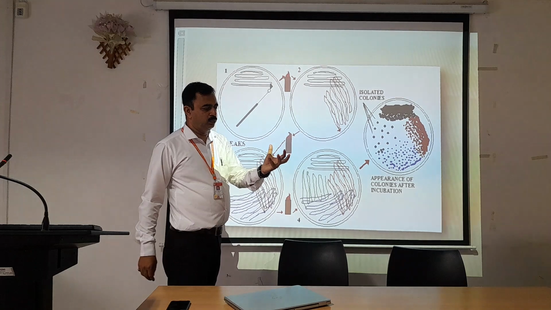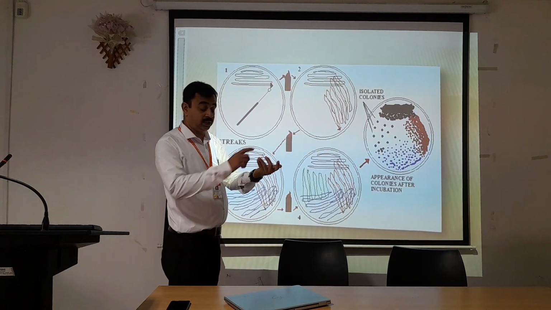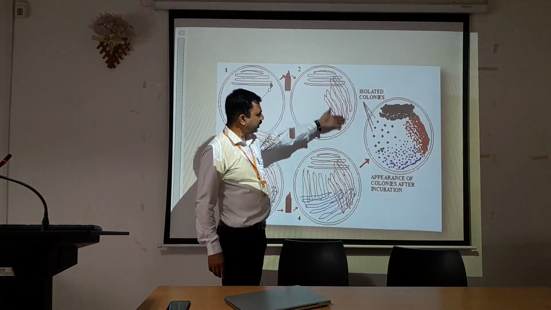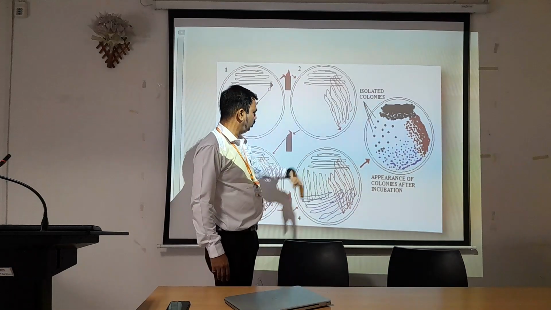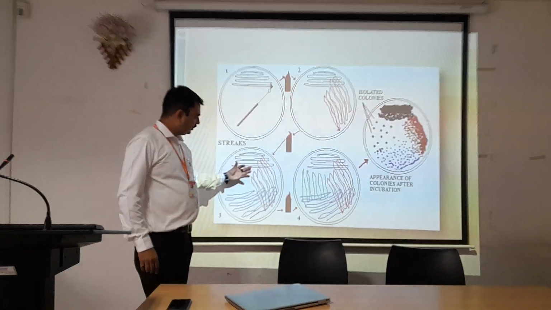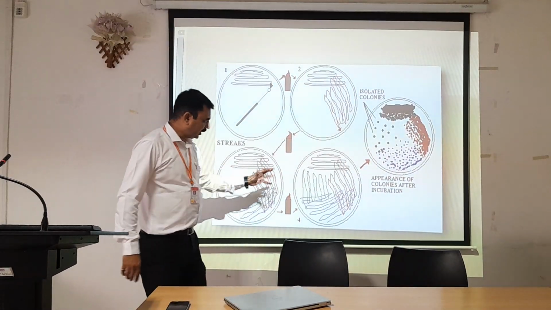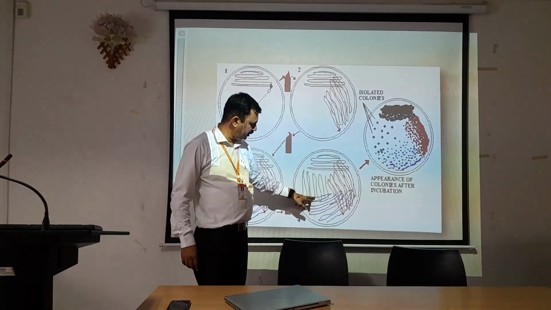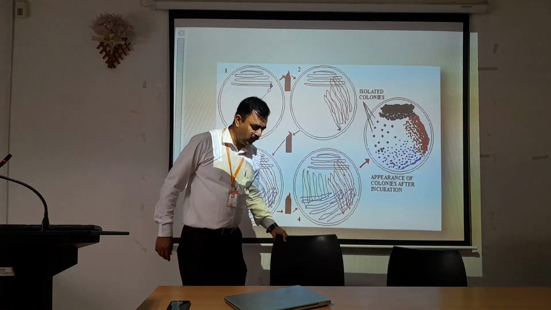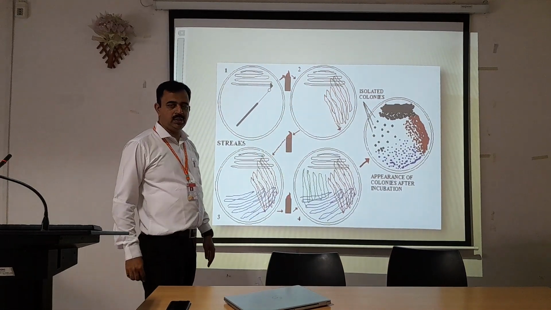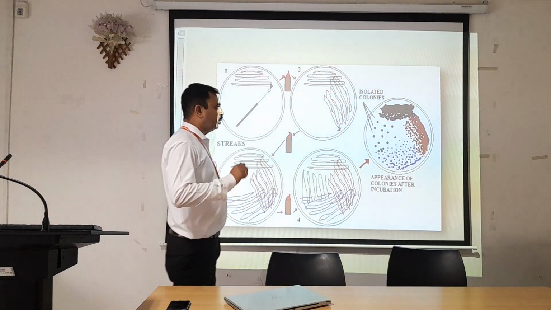Then you move the plate with your hands, but this has to be done near the burner only. Then this is the second quadrant. Easily we can do along with this. Again, just tilt the plate. This is the third quadrant. Again, the plate is turned, and then this is the fourth quadrant. Now, once you incubate this inside the incubator, after incubation, you will observe